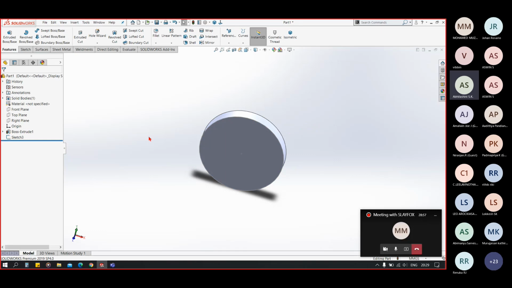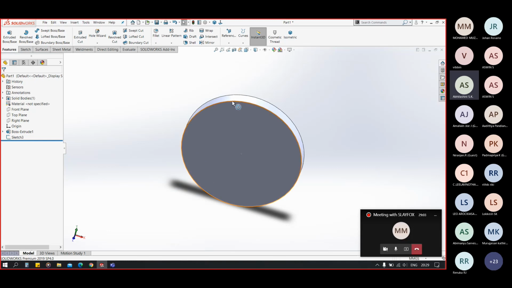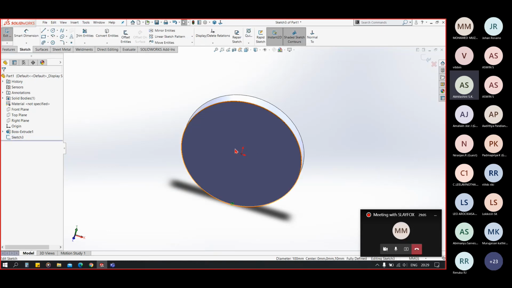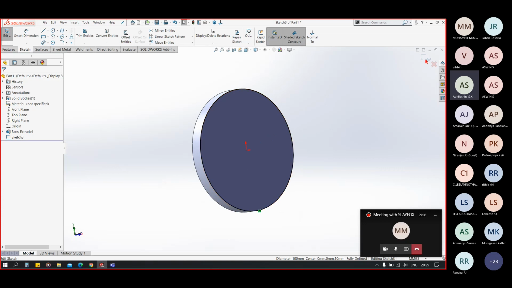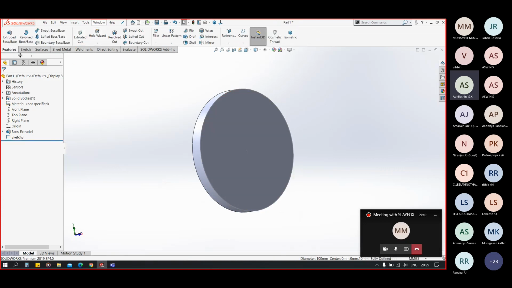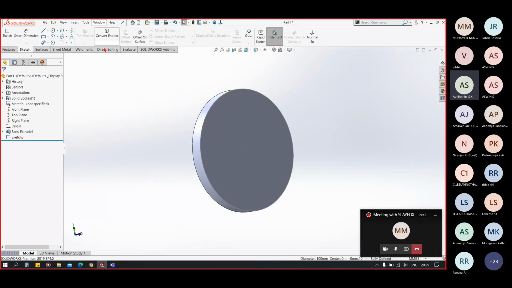I have to press Ctrl plus B or this icon to see the changes. Now you can see the sketch is also updated. So this is the convert entities feature.